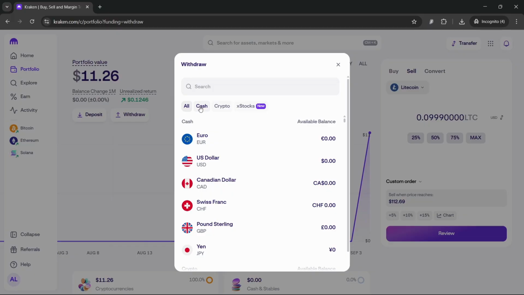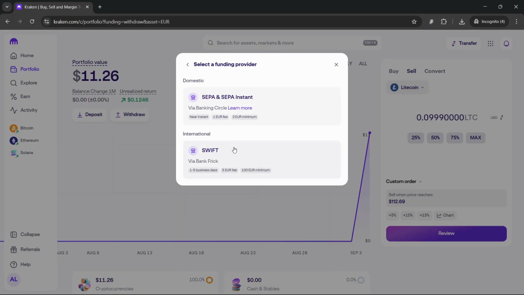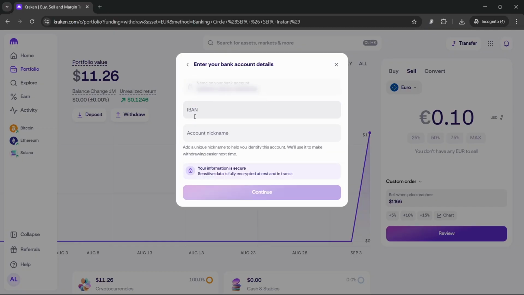So right here, we're gonna go with cash and select the currency you have. For example, let's say it's euros. We can click right here and you will have different options depending on the currency you are using. For euros, we have this option to get an instant bank transfer. It has a €1 fee, and we also have the international method that will take a little bit longer and they take more fee. So we can just click, for example, this option if we want to,